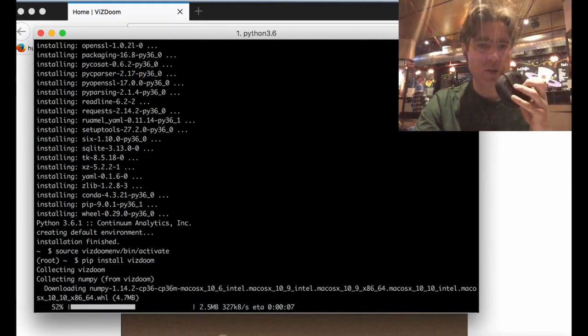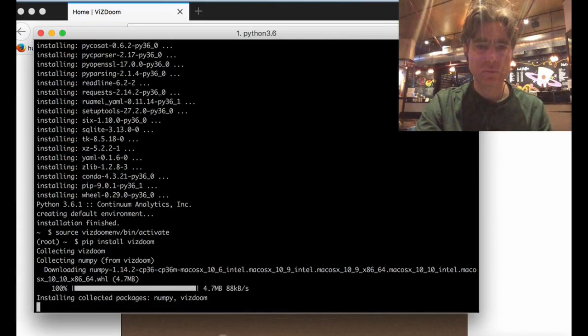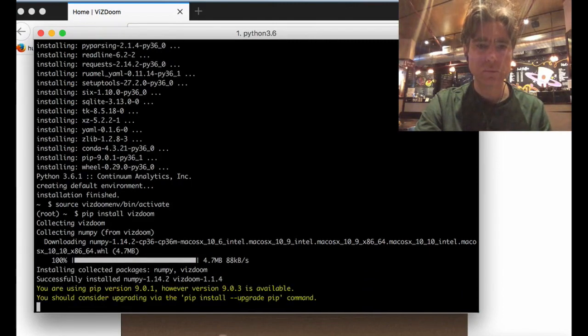We should probably Conda install NumPy first. It's probably going to take ages to install. Oh, it's a wheel, should be okay. Cool. That was easy, right?